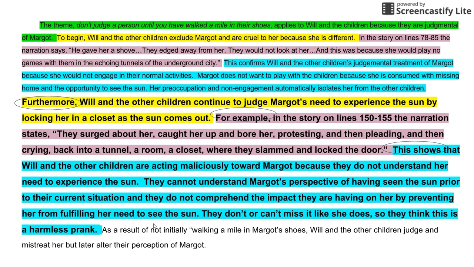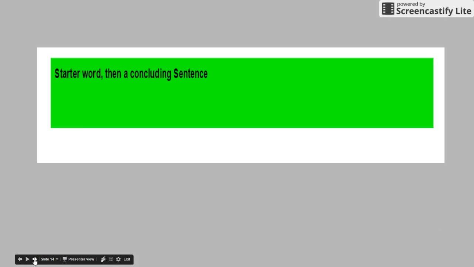What's going on? Who's doing what? Why are they doing it? How? Those are the things you want to be responding to. And last but not least, your body paragraph needs to have a conclusion. You're concluding and summarizing basically what you just talked about in body paragraph 1. So if I think about explaining how that theme applies to Sal, you're going to want to summarize what you said. So you're going to choose a starter word that goes with conclusion words, and then you're going to summarize